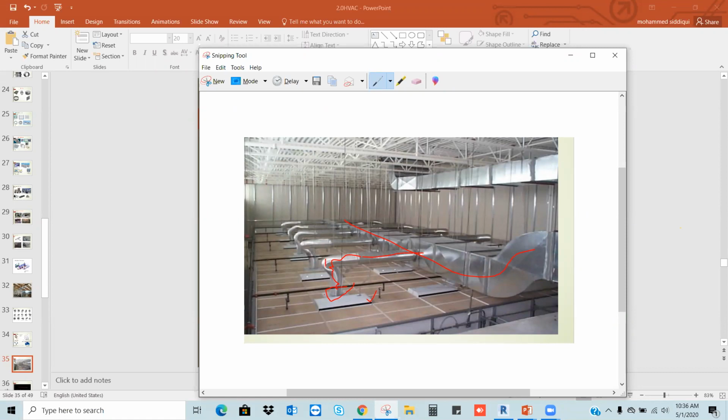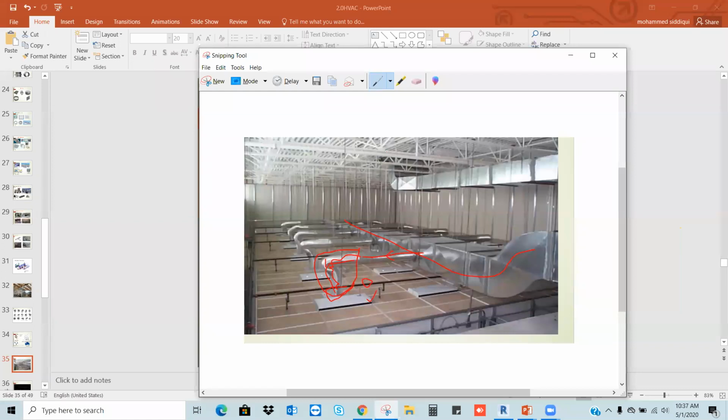So we have four kinds of ducts, right? One is rectangle, round, oval, and the flexible duct. See, why we use this flexible duct is to arrest the vibrations. For example, air is passing through the duct, we will get vibration. If you do not use this flexible duct, this vibration will carry forward to the ceiling. So the ceiling gets vibrated. To avoid these vibrations, we use the flexible duct. In simple terms.